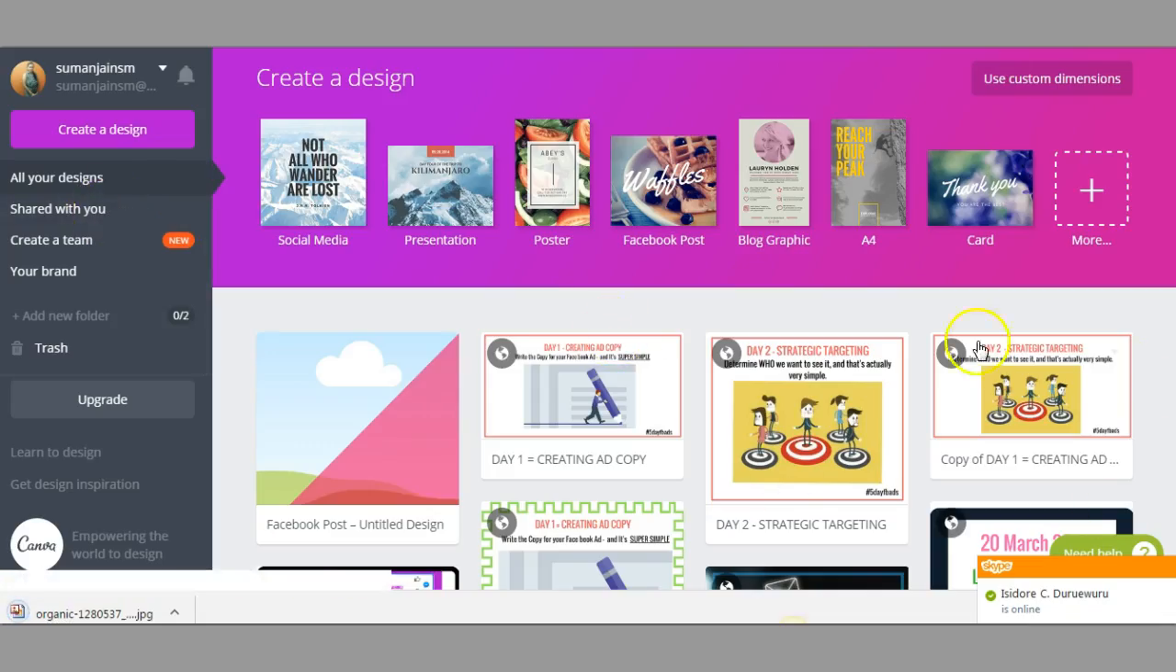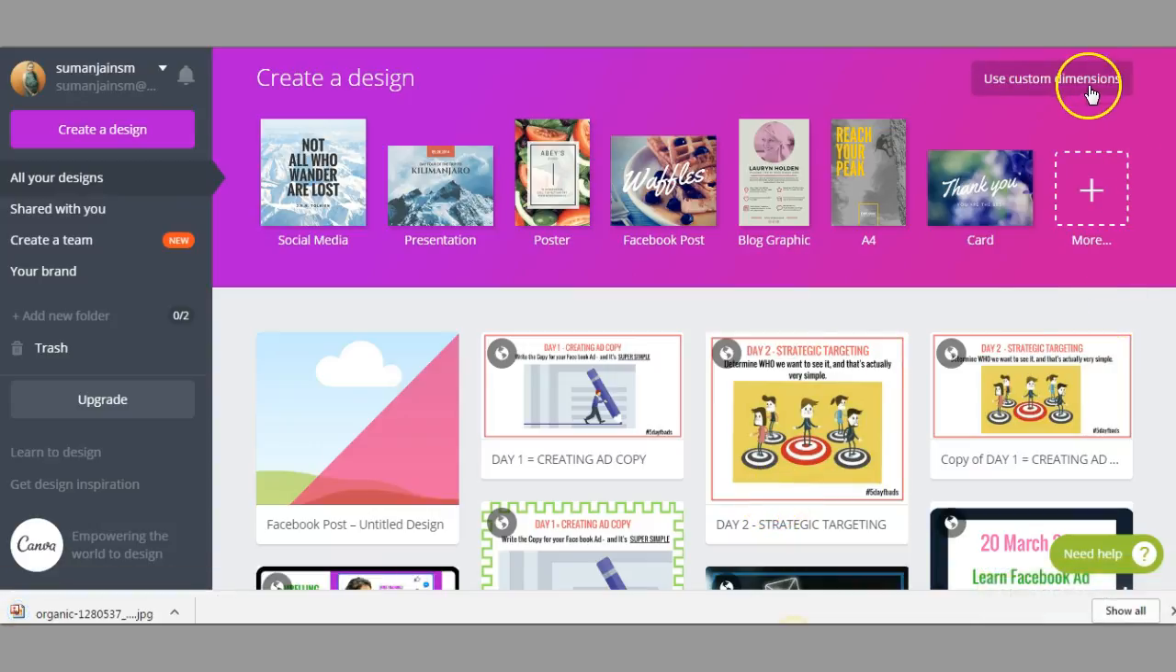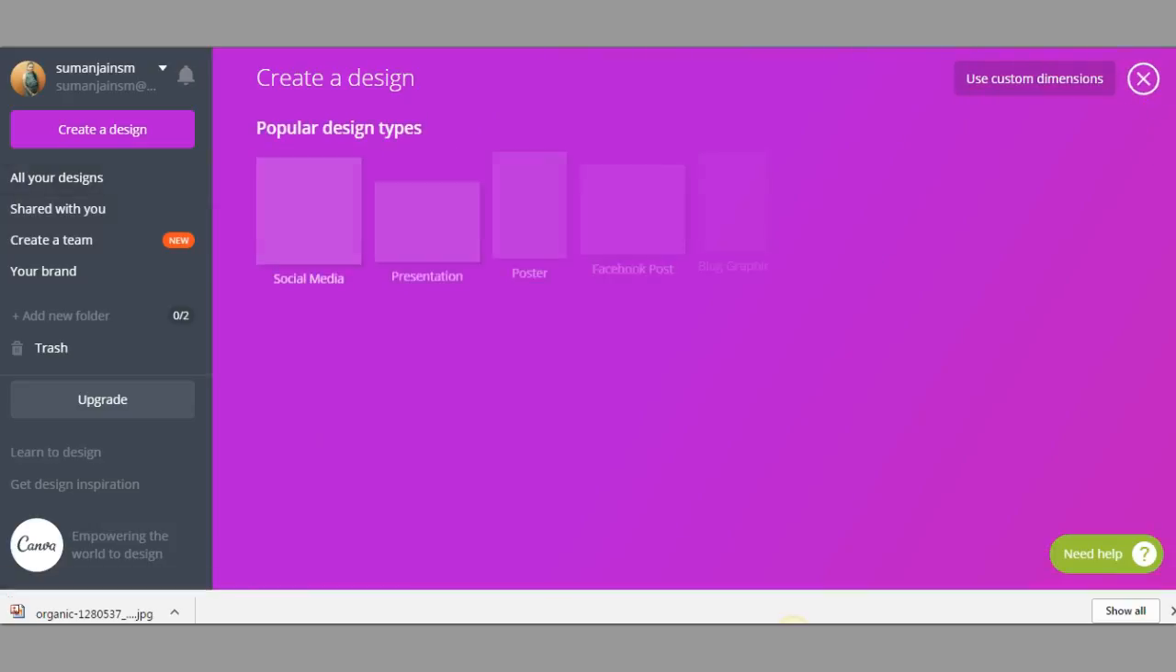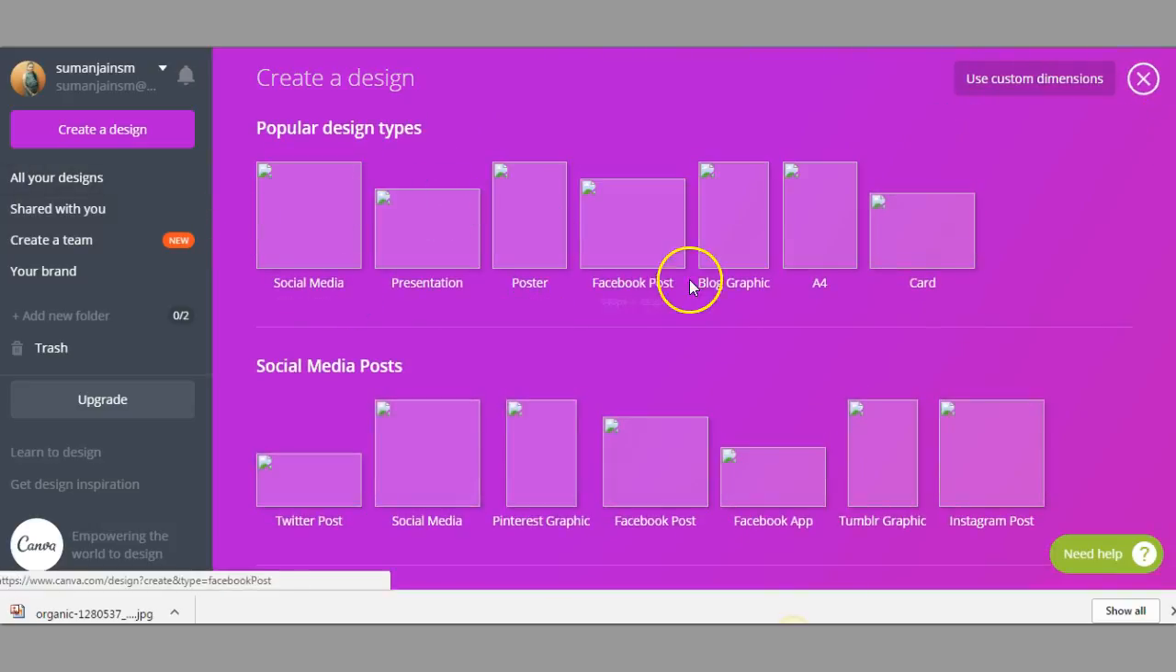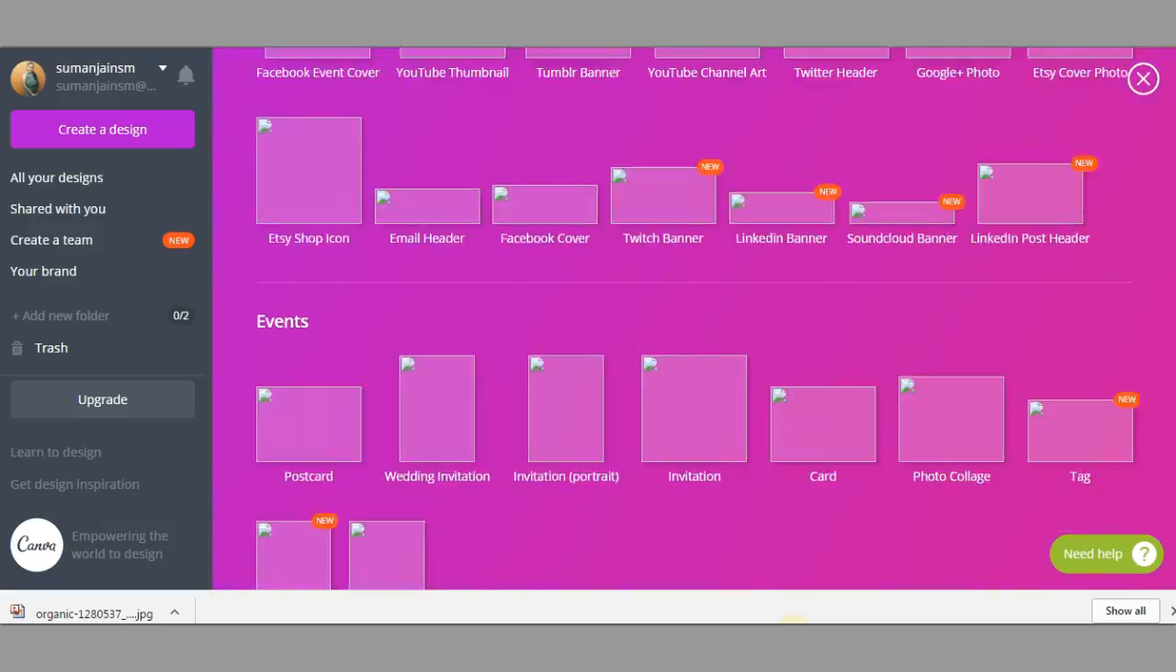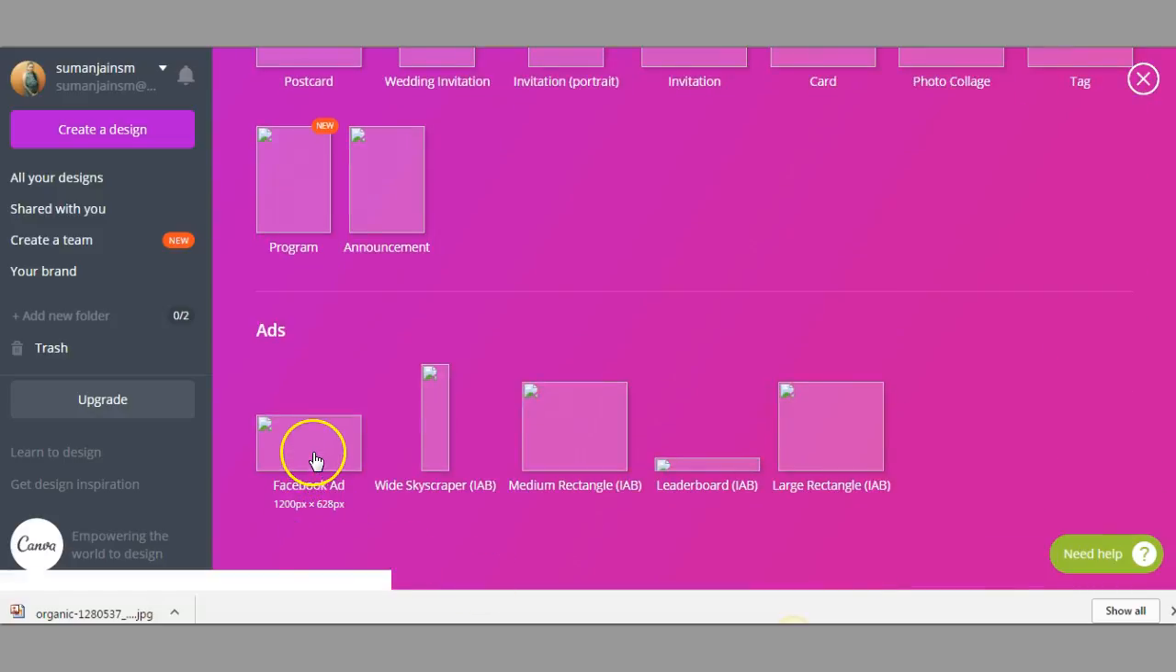You can see I have created a lot of pictures over here. So what we do is we always use custom dimensions. I'm creating a Facebook ad image. In Canva, I just click on this plus sign, and you can see there are a lot of pictures with descriptions. So what I do is I come down, and I use this